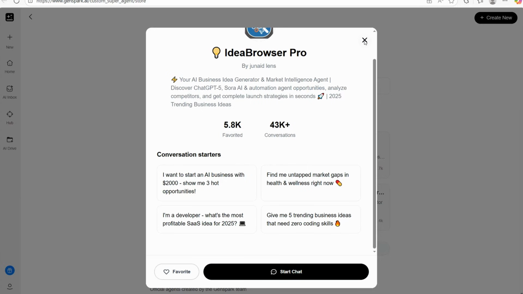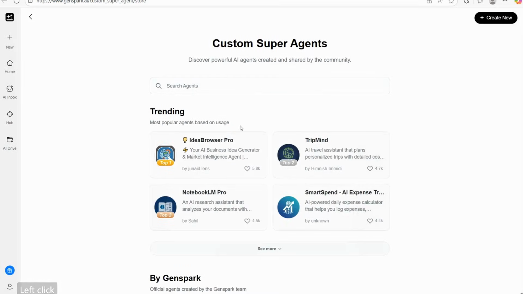So this awesome super agent, or you can simply go to create a new one based on your need and your research. So here you can generate images, here you can make articles, your custom support agent to generate articles or hashtags for your Instagram or something else. And for sure,